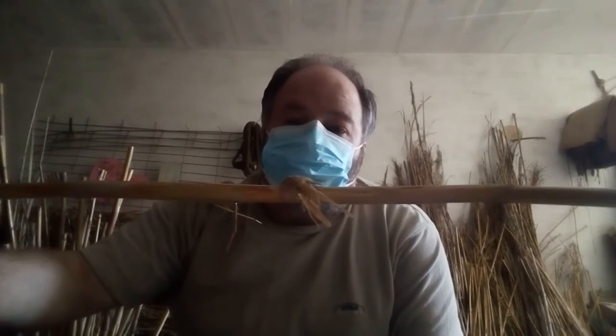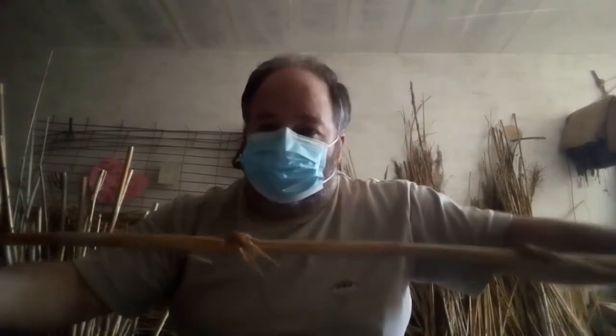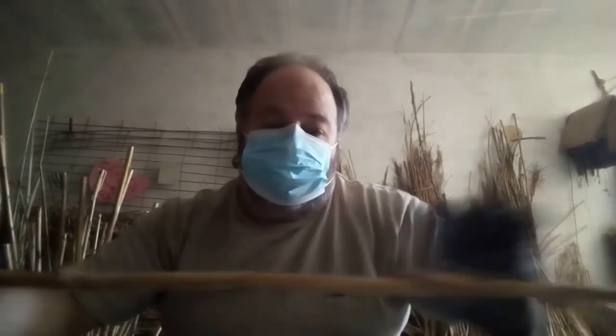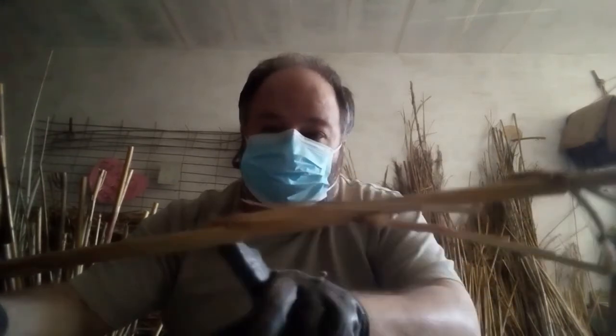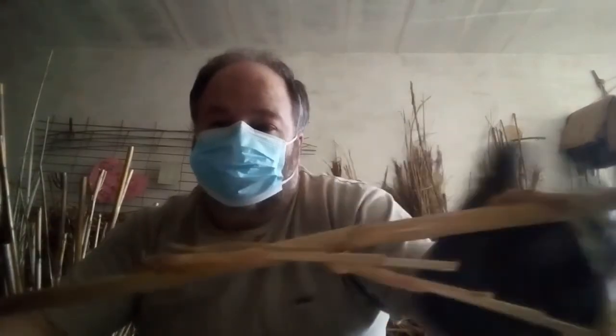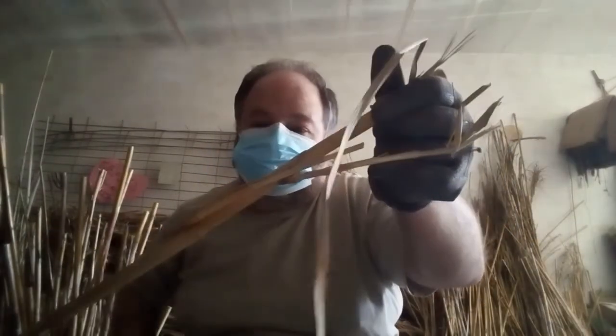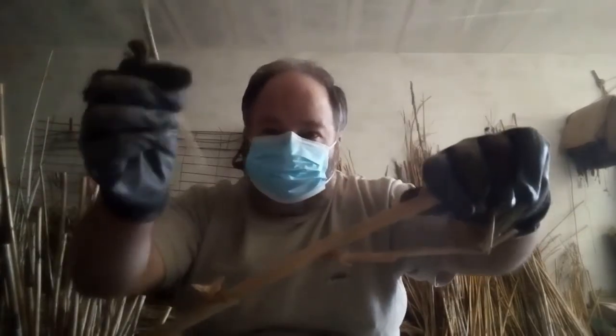We are going to do it step by step. So basically that groove in original it will be like this. See here, like this one. So what we do is by hand we remove it,